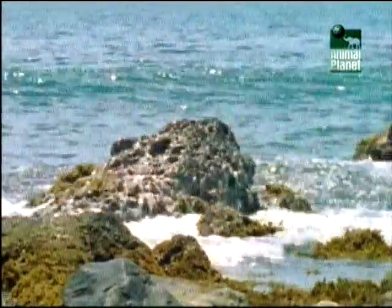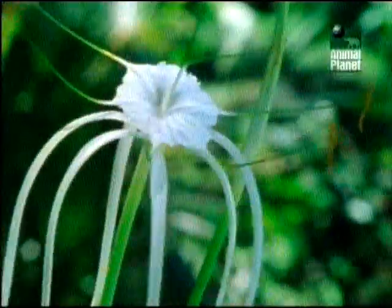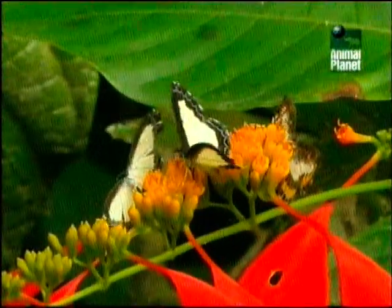Central America is a mosaic of blue waters, sandy beaches and lush green forests. For conservationists like myself, the marine reserves and national parks